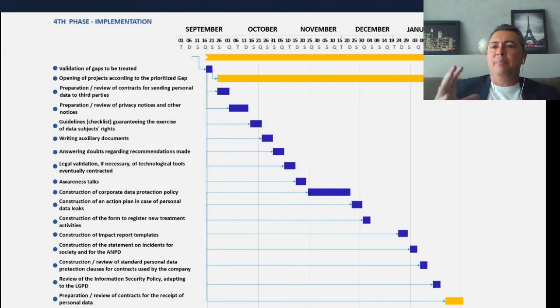Implementation and adaptation might be easier or not depending on the result of your assessment. And your assessment needs to be done properly, because if you miss something during all the interviews, if you miss some information that might be important,